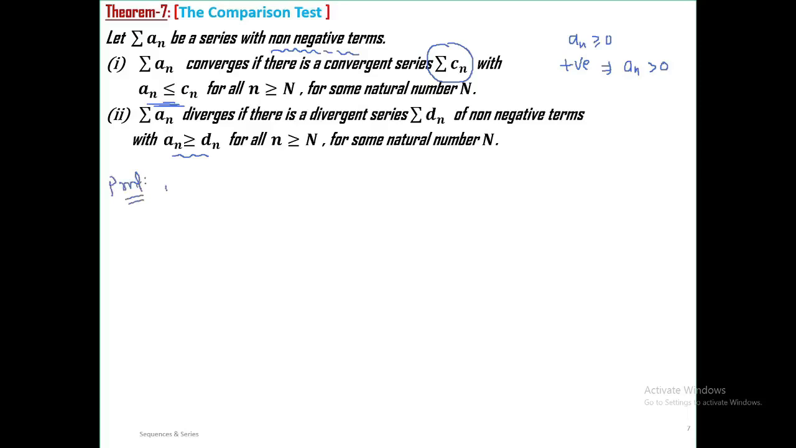Proof. First one, given that: what is given to us is that the series Cn converges. And what is given is that an is less than or equal to Cn for all n more than or equal to some capital N, where N is a natural number. So this is given to us. Then we have to prove that